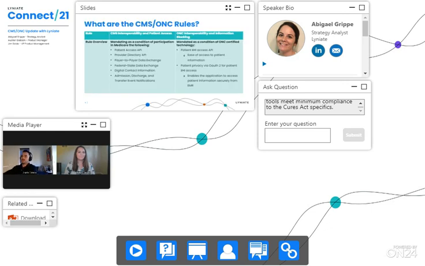Great. So what are the CMS and ONC rules? Let's actually anchor ourselves in the two agencies that have released these rules. So first, CMS interoperability and patient access rules. CMS is the Centers for Medicare and Medicaid Services, as I said, and the lever they have to enforce these rules is that they control Medicare reimbursement dollars. So any healthcare agency that receives Medicare reimbursement needs to comply with these rules, or the penalty for noncompliance is a downward adjustment of their Medicare reimbursement dollars,